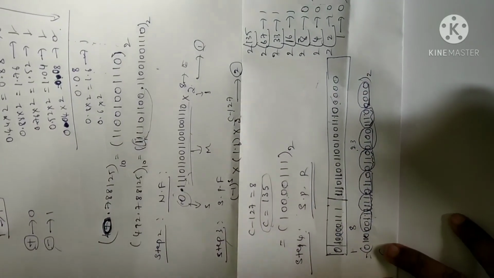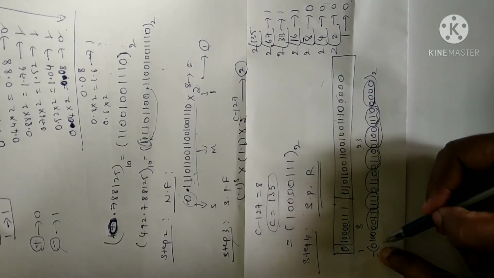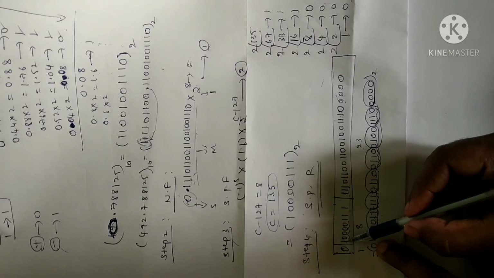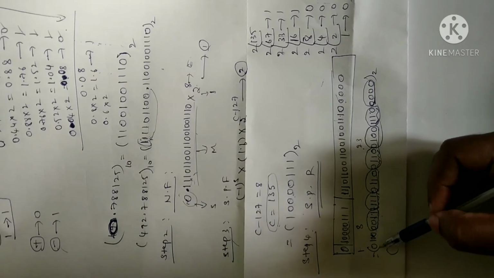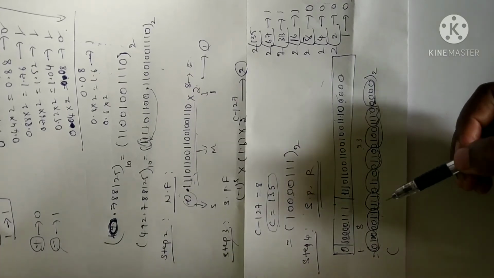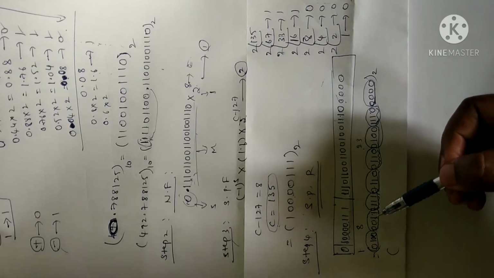So while writing the digits you also have to take care, otherwise you are not going to get the proper solution. See here, after 1 you have 4 zeros. Earlier I had written only 3, so I have added 1 more 0 here. Now these 4 become one group. Now you have to convert this into the equivalent hexadecimal number.